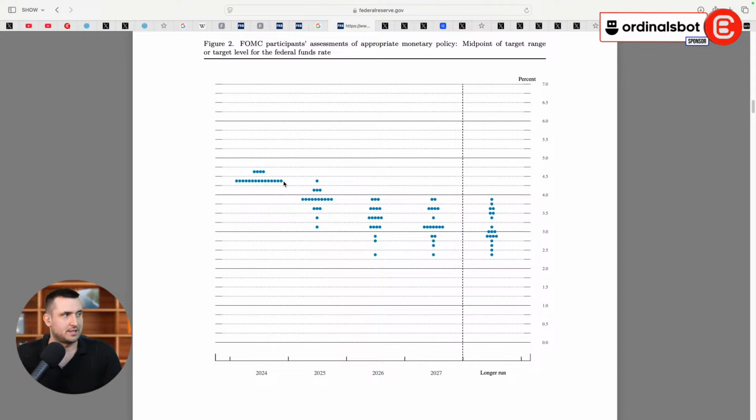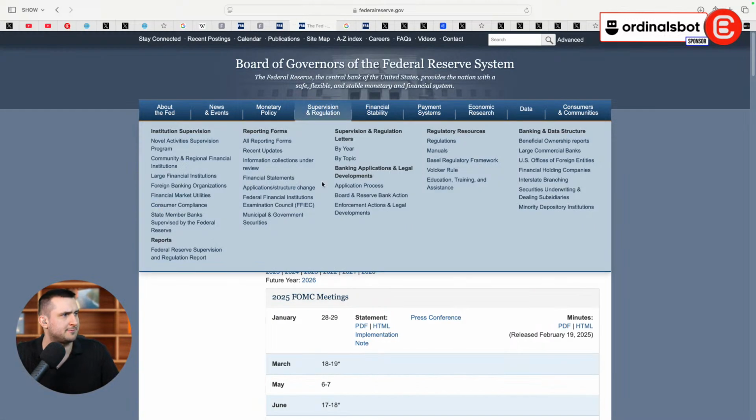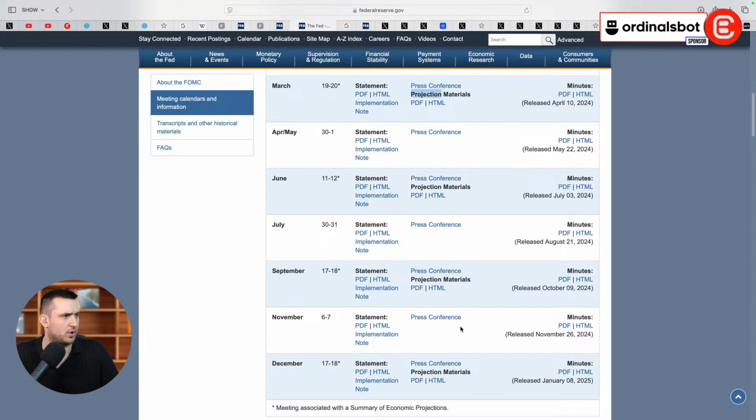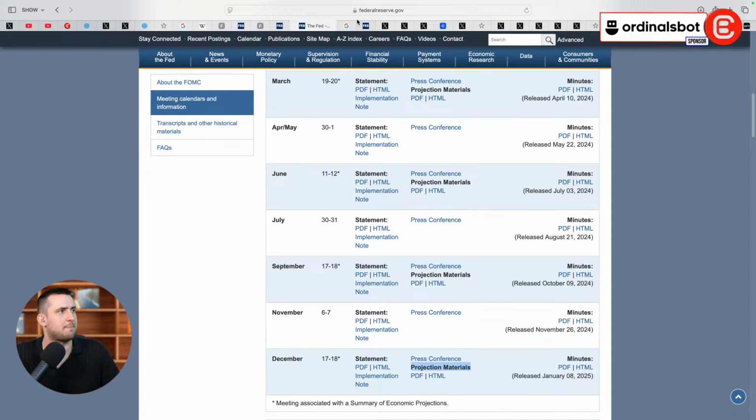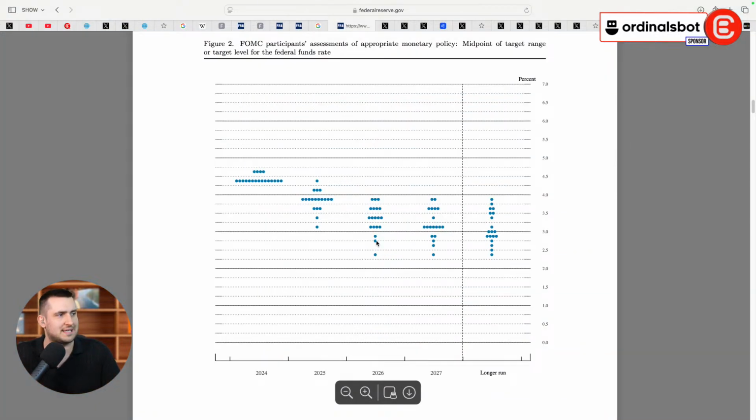2024, last year, it was marked in at 4 to 4.5, which is what we have, okay? They marked in about 4 by the end of the year. They marked in between 3.75 and 4. That is what they marked in. I think it was December. Let me just look back here. I think the last dot plot was December, exactly. So this is what they priced in, or this is what they plotted. This is what they thought was going to be.